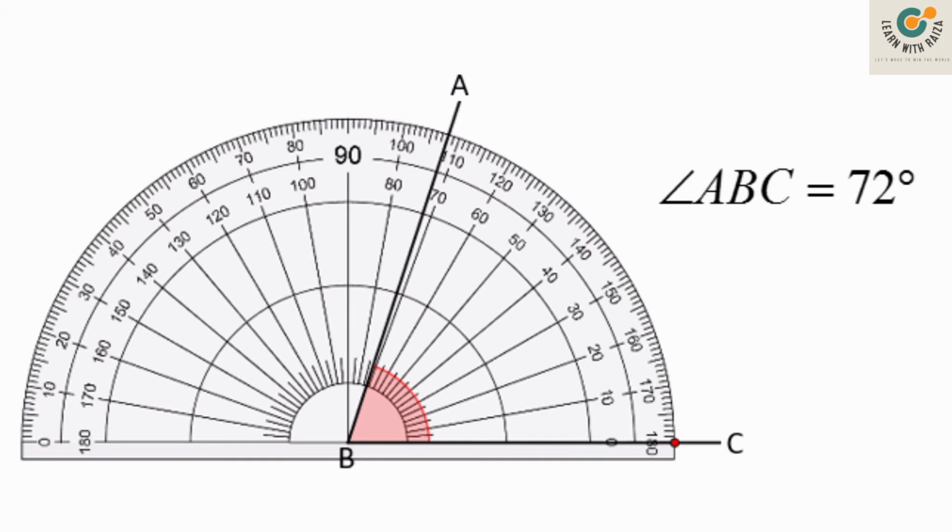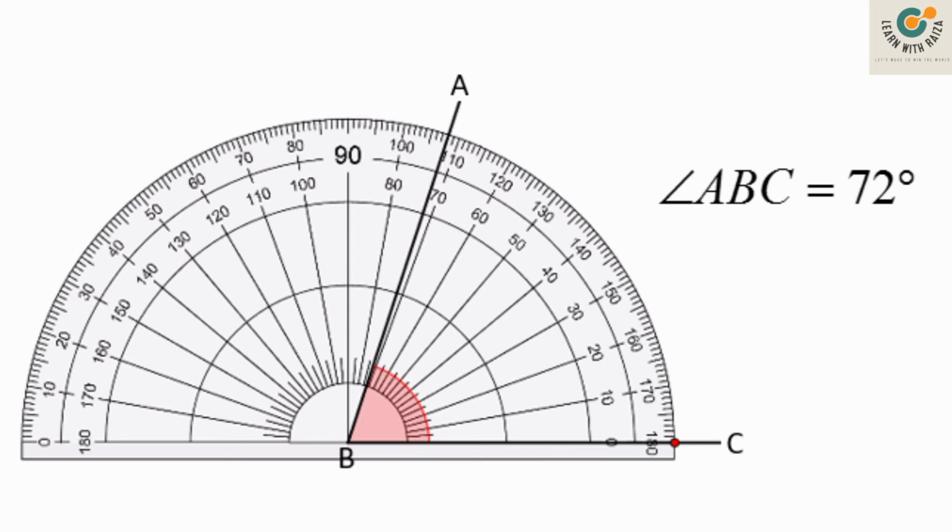Further, there are two scales indicated in a protractor. We call them the inner scale and the outer scale. Long line segments on the outer scale are marked 0, 10, 20 and so on, up to 180. And you can see the gap between every pair of long line segments is again divided into 10 similar parts using short line segments.